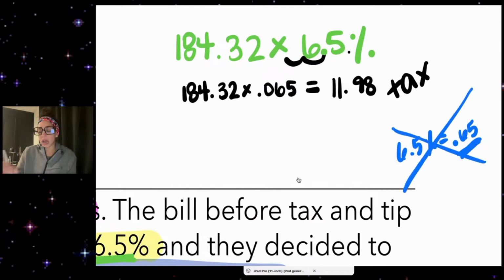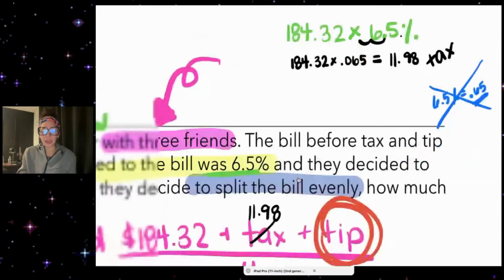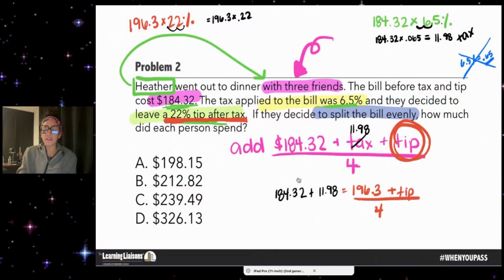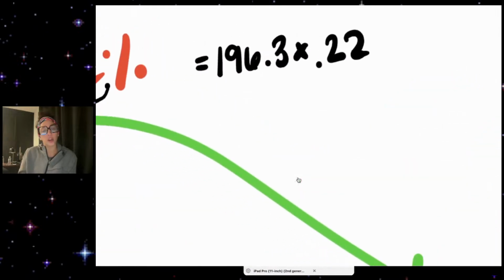So these do not equal each other. That's another common error that people will make. Or like if you have error analysis, like where did the student make their error? That's a common place. So in my calculator, I'm going to do 196.3 times 0.22, and that's going to equal